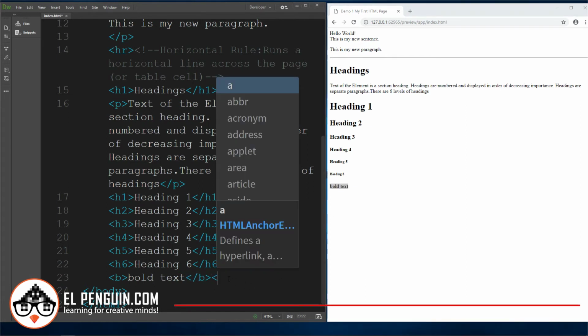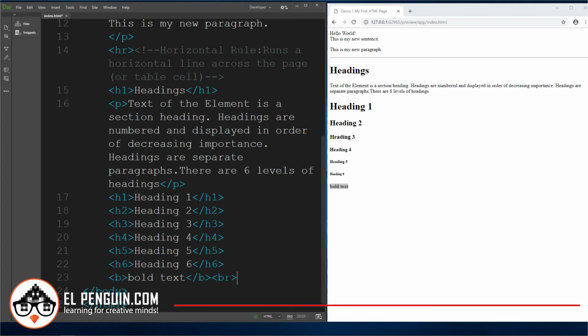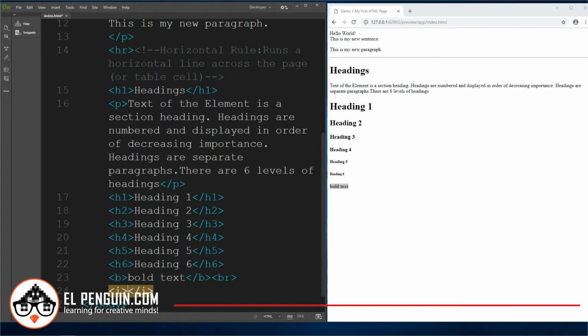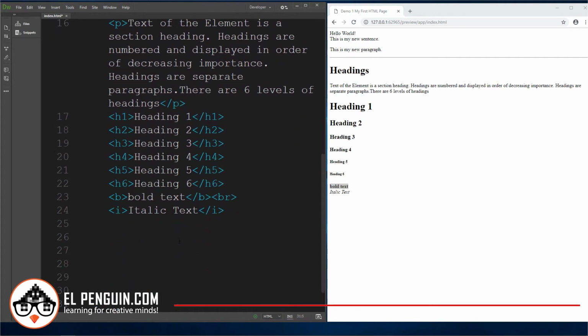The same thing, let me do a BR here for a new break, and what I can do is I can do italic as well. Letter I, italic text, and there you have italic. You can also mix, let me hit the return key so you guys can see what I'm doing here. So you can mix both of them. Let's say, for example, let me create another BR here, so it can be in a new row, BR,